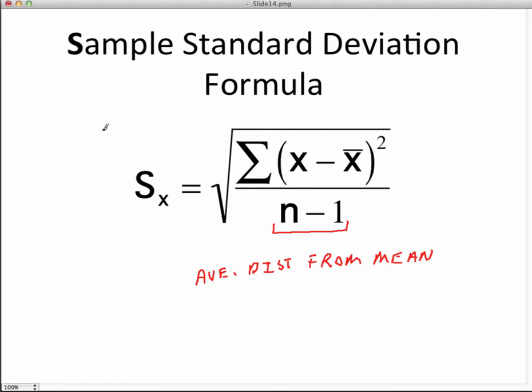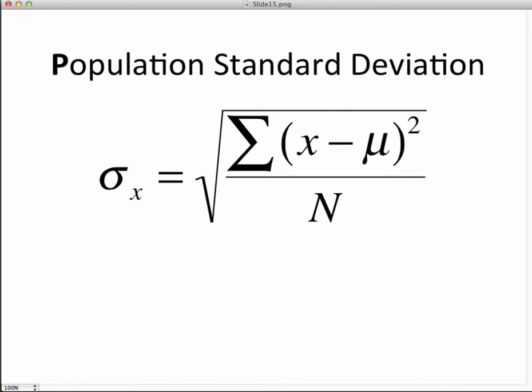It measures the average distance all of your data points fall away from the mean. And so the larger that value is, the more spread out your data is going to be, and the smaller that value is, the more clumped together your data is going to be. Okay, well, if there is a sample version, of course, then there is a population version. The difference is you divide by cap N instead of by little n